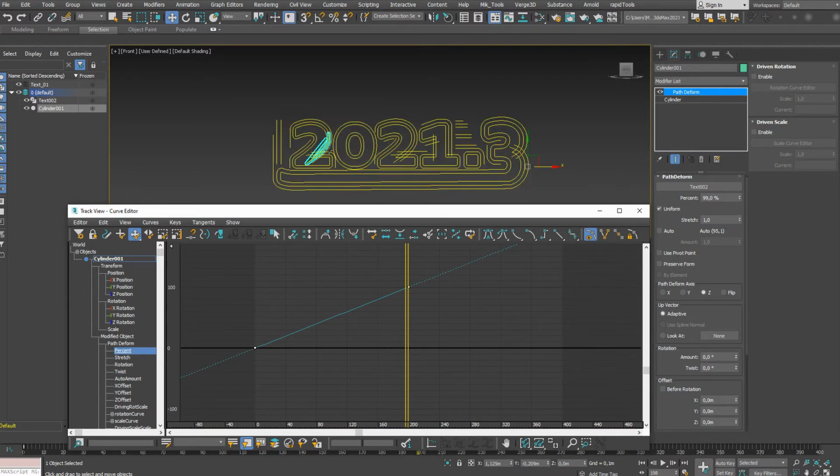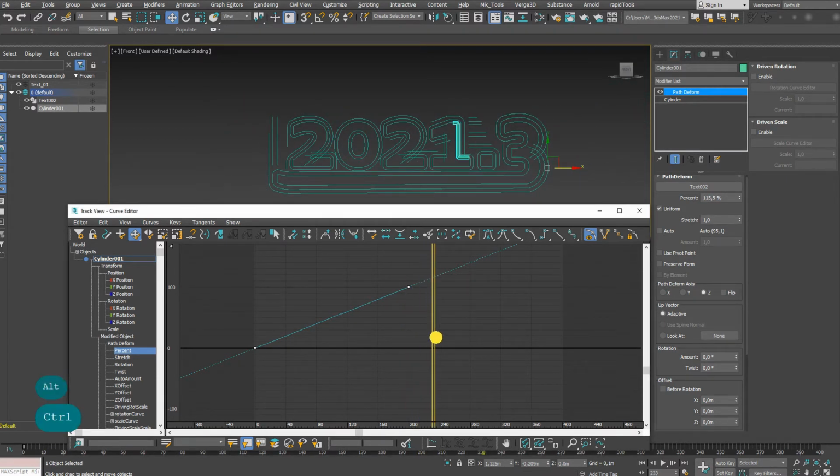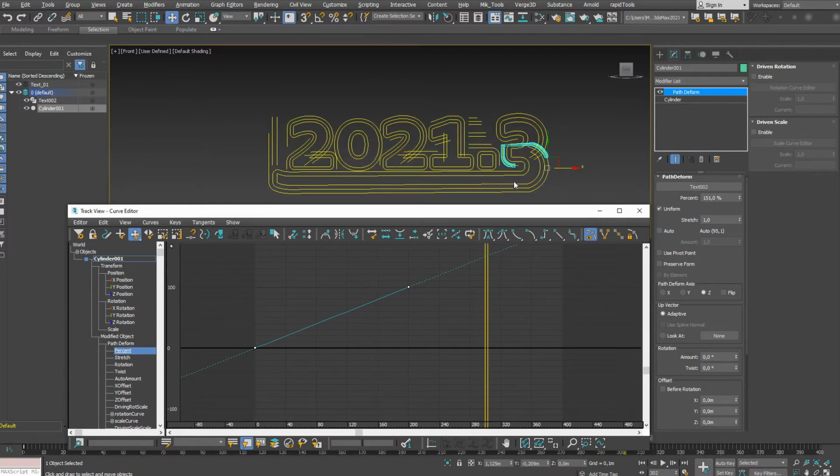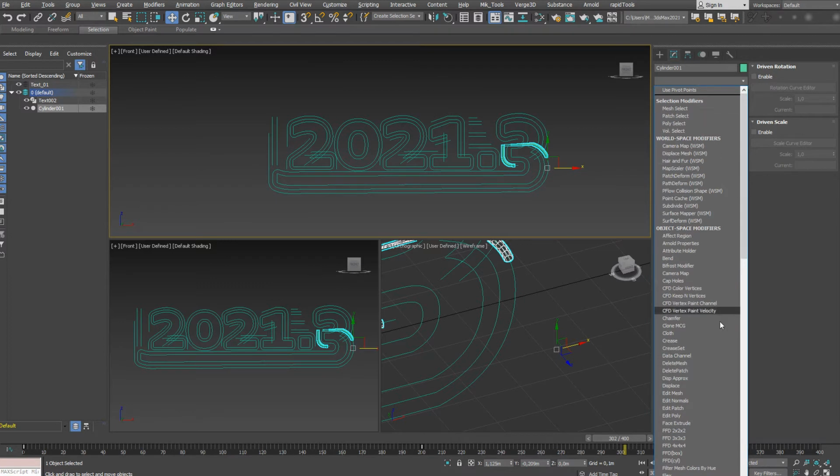Now we still have another problem. You see the stretching over here. Let me go to another frame. That is because the object goes from one shape onto the next shape, and therefore it's being stretched somewhere in between. So what I'm doing now, I'll add a data channel modifier,